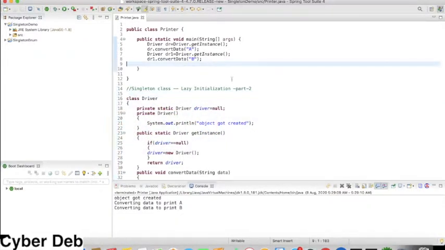Here is the example which we discussed in the previous video, that is lazy initialization, where we get the object at the time of requirement. Let me show you the output of this code.